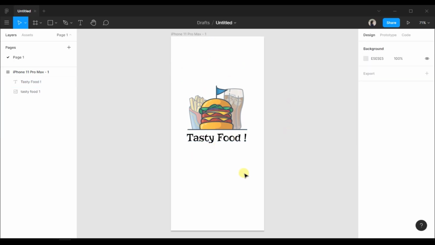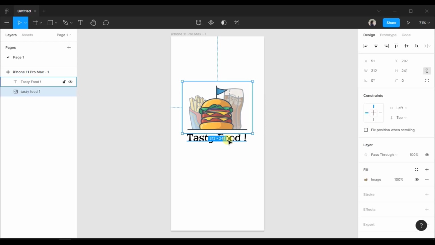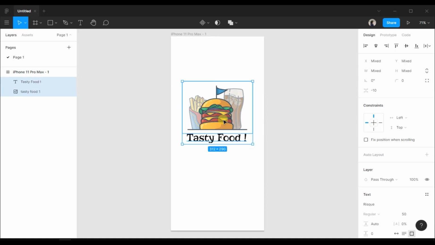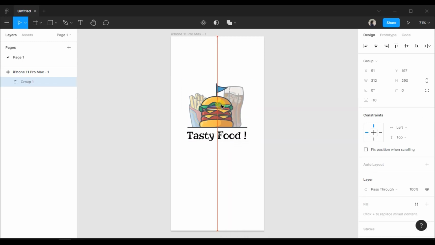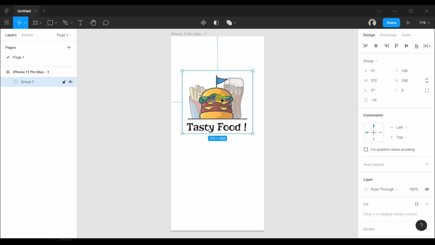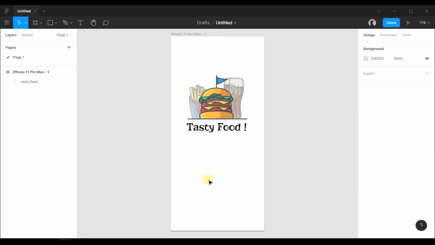So in Figma you can create the groups of different objects together. For that, choose the objects you have to make group of using shift button, and then right click on it and choose group selection. So as you can see we have created the group of these two objects, and you can also rename the group from here, so you will find it easily whenever you need. Now for login page we need a password field and mobile number field. So for that let's take a line.